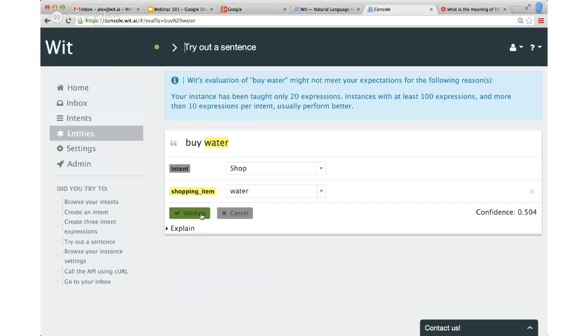So it's easy to create entities this way, but again, if you think you need an entity that's not just useful for you, but for other people, or if you need a more complex behavior for your entity, like for datetime, which has a parsing and resolution engine built in, then you should contact us and we will build the entity for you if we agree that it's not just for you, but that it's useful for many people.